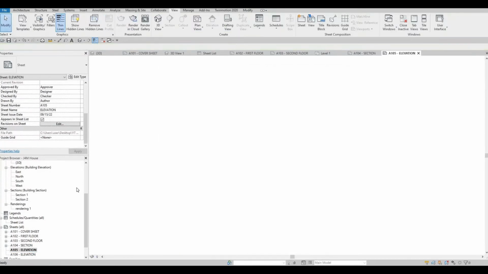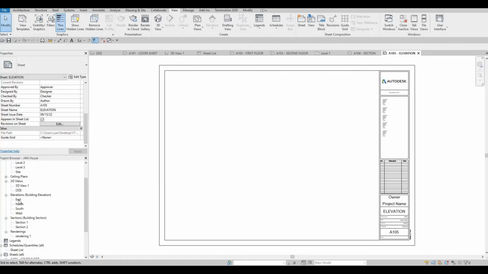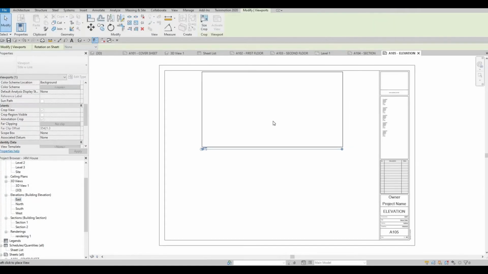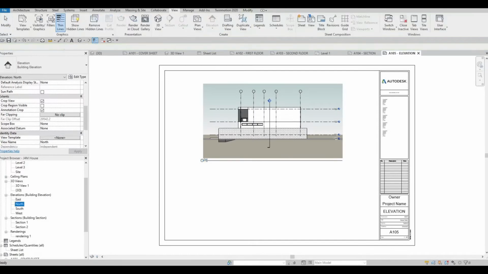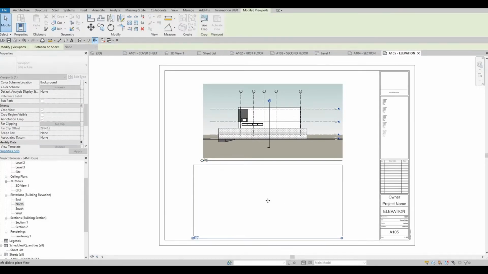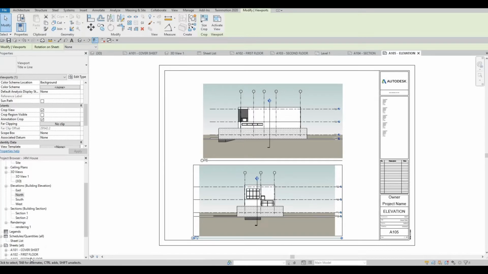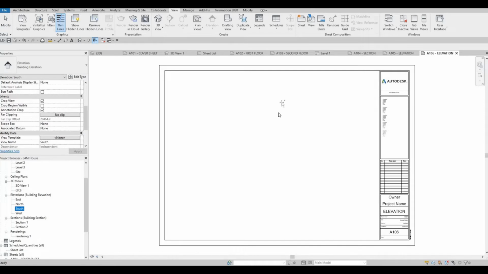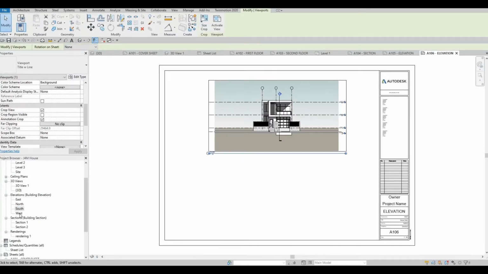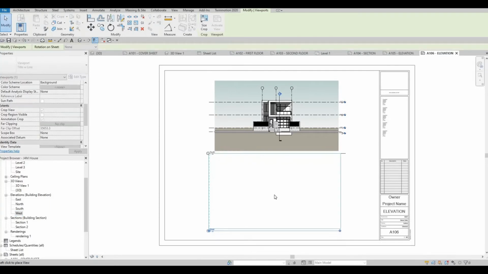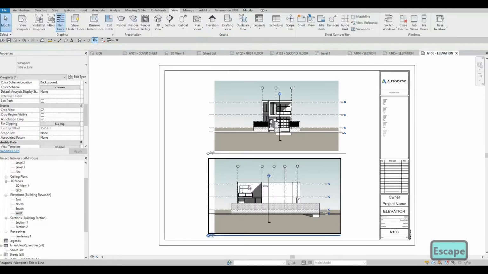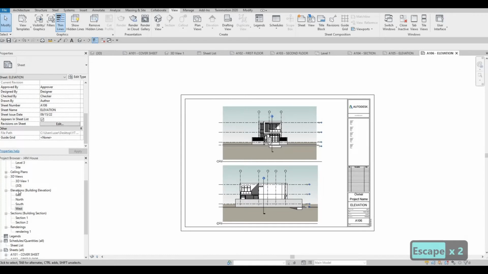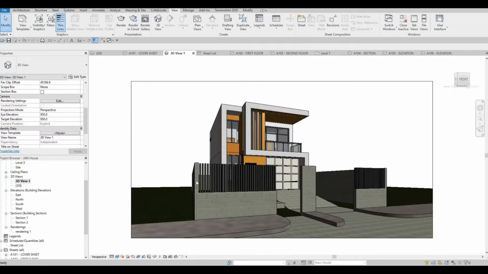And then here we have elevation. Let's go to my elevation, east first and then north. Go here again. You can have south and then west. And then just to make everything nice as well, if you go to your 3D view number 1, if you